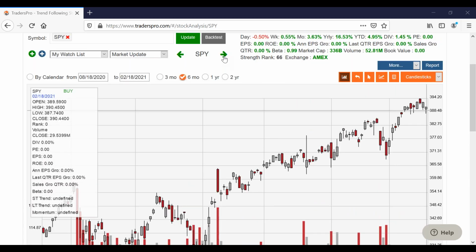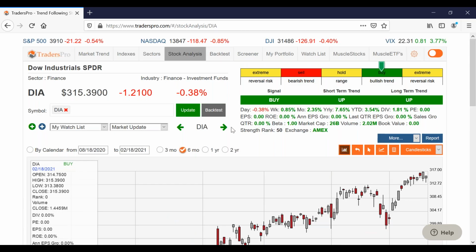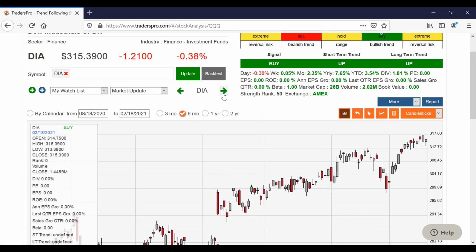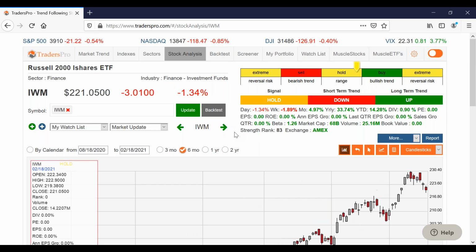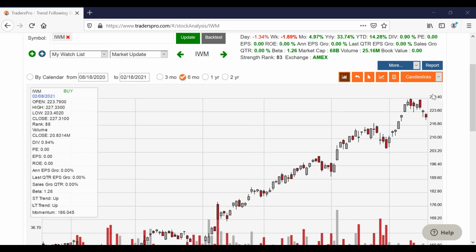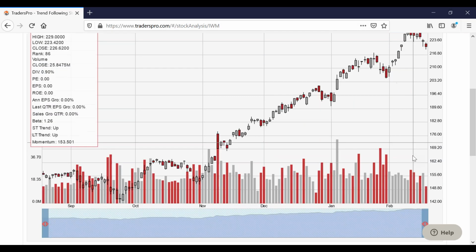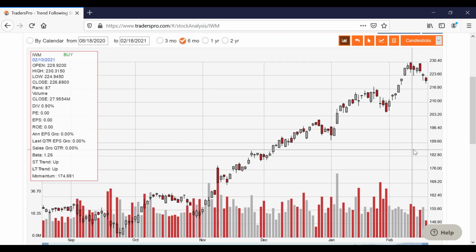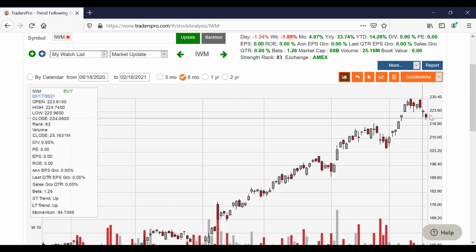But what I'm focused on a little bit more than this, though, is the Russell, because it hasn't come off its lows very much, and it's right at the low of yesterday. And yesterday it had a bullish reversal candle that kind of failed. And so I'm going to be watching at the end of the day.